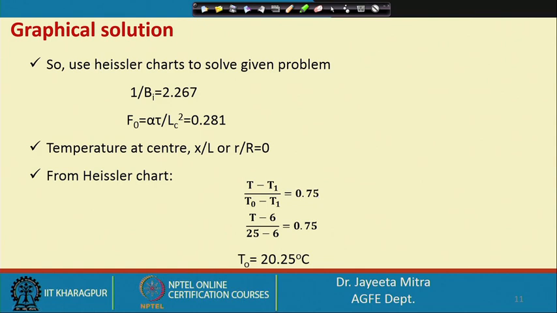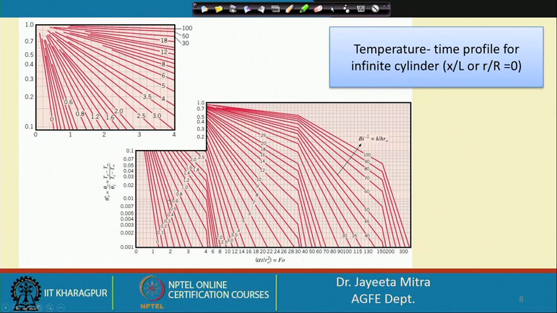So, we know all the parameters, that is 1 by Bi and Fourier's number and also the n is equal to 0. So, using these 3 from the Heisler chart we can calculate the parameter y. Okay. Now, once we calculate y, we need to know the temperature of the product. So, here for n equal to 0, we can straight away take the value of Biot number, and then alpha t by r 0 square, that is Fourier number, and from this we can calculate straight away the value of the parameter theta.